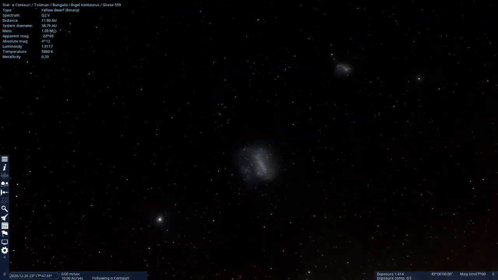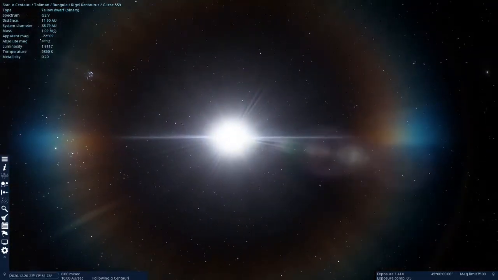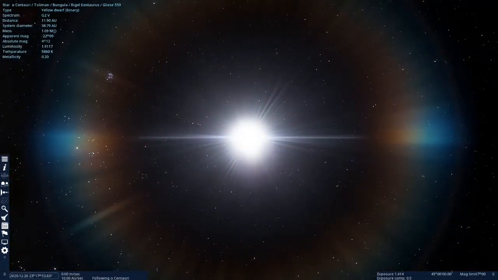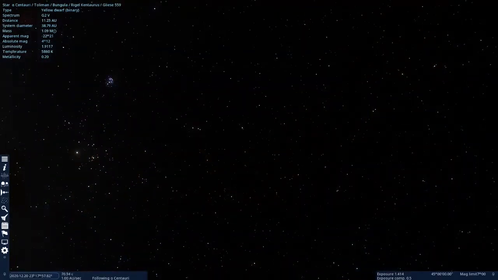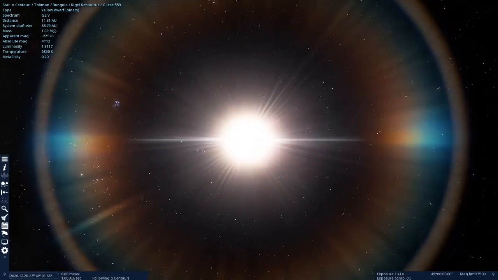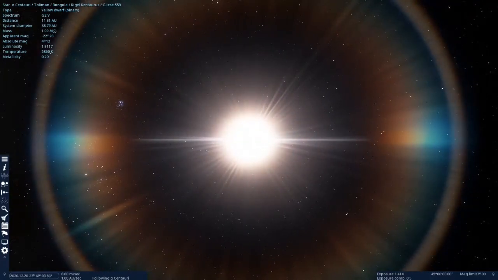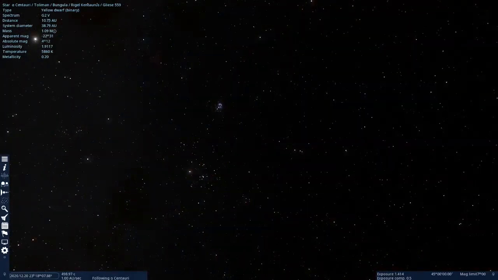There's the Magellanic Clouds again. It's funny how you keep seeing those once you get into outer space, at least in this thing. I don't see any planets around that one. Of course, it's a binary. Well, there's the Pleiades in the background. This close to Earth, of course, some of the constellations will still look